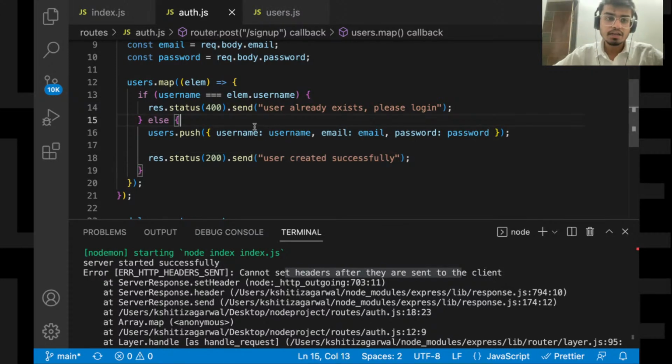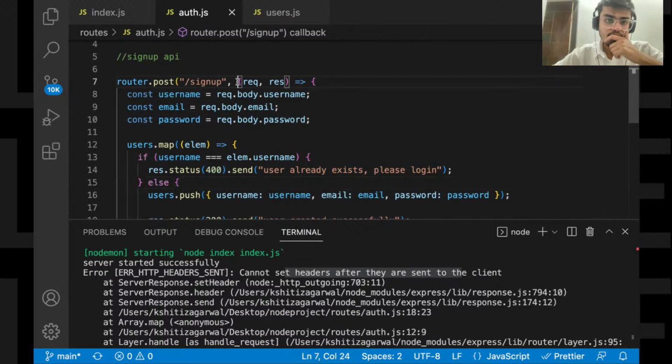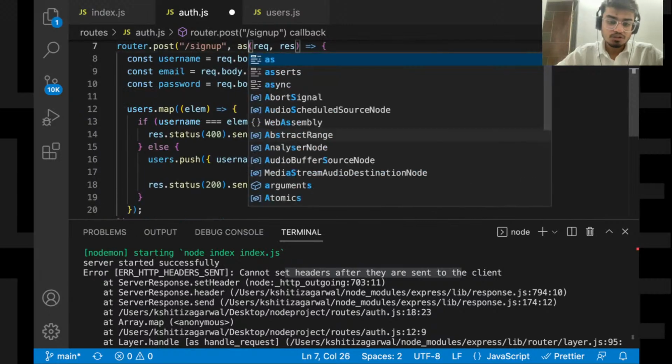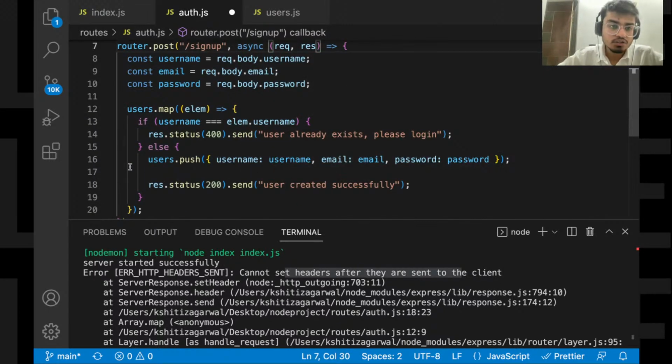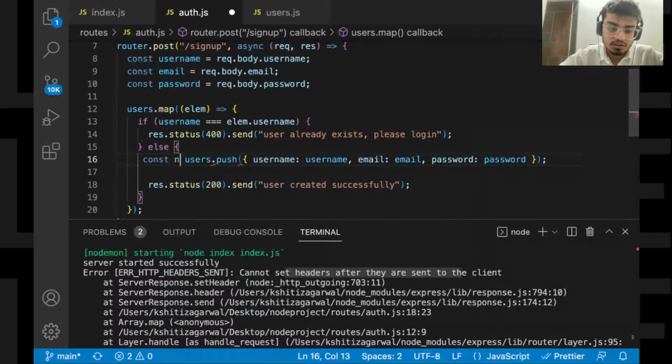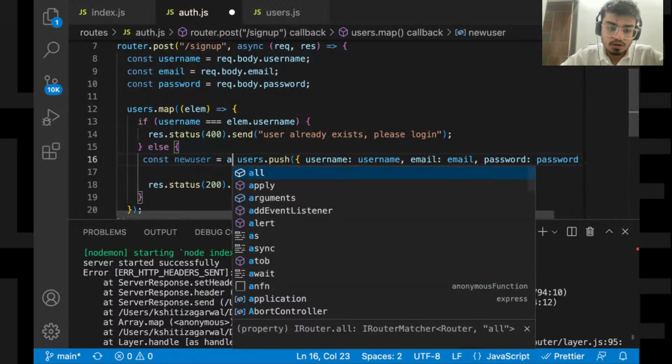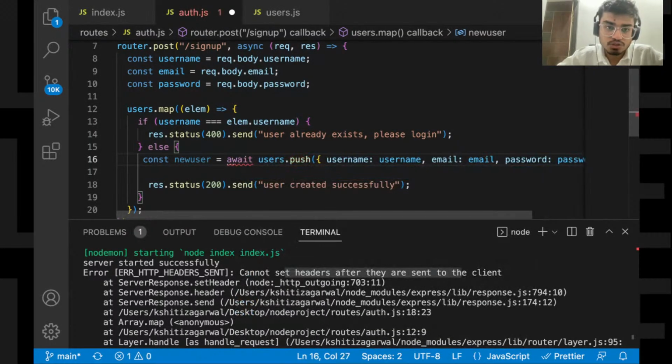Let me try, I guess this might be taking some time. So let's use async await over here. So const new user is equal to await users dot push.